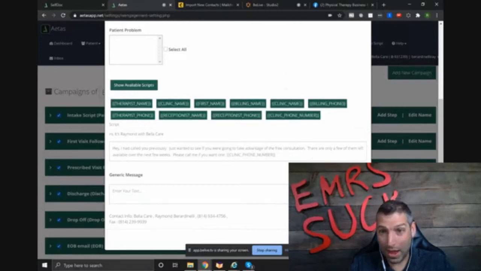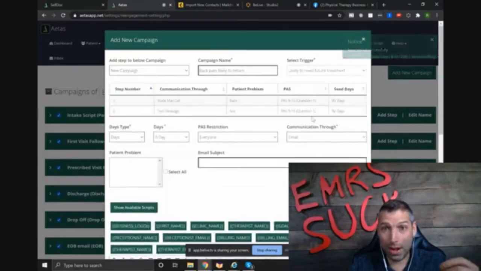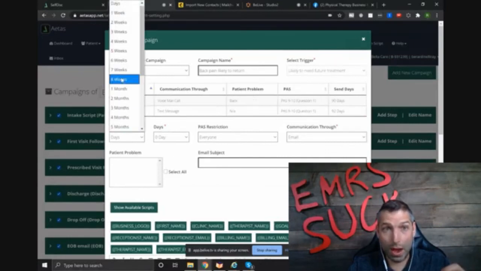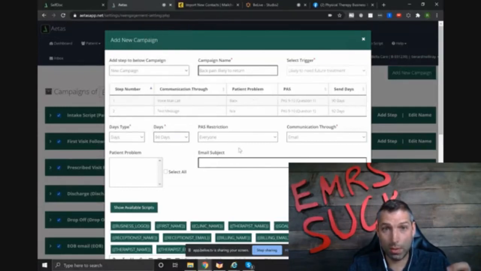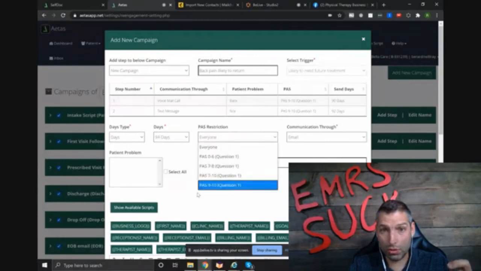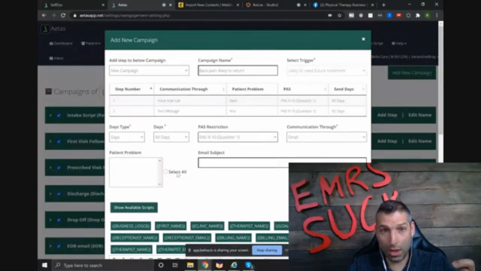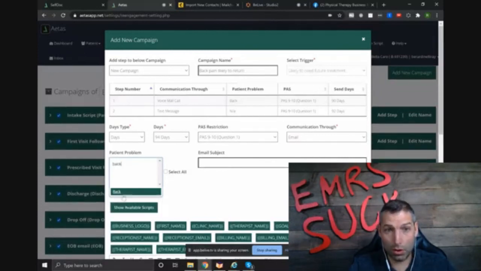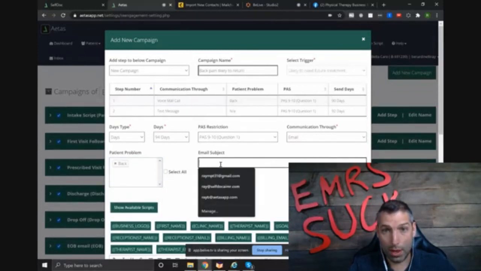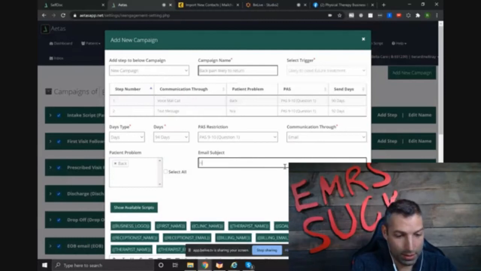So I create that, add a step. So now I add my next step. My next step, I want it to be an email. Since we did the first two at 92 days, I want this one to be at 94 days, past restriction 9 or 10s, email. So I'll select back, so it only goes to everybody with a back problem. Email subject line: Hey,